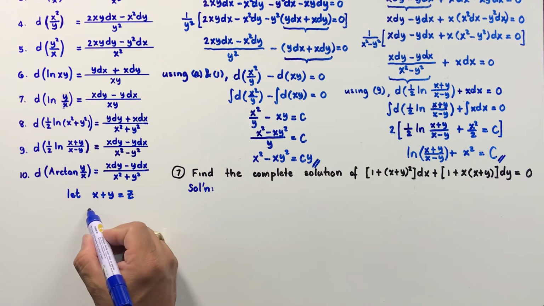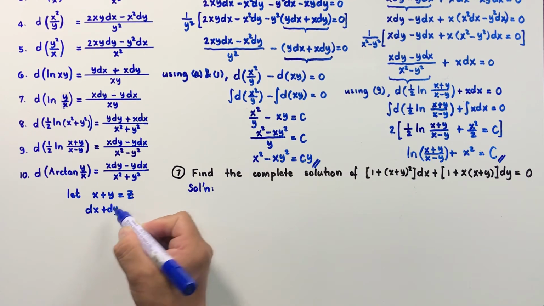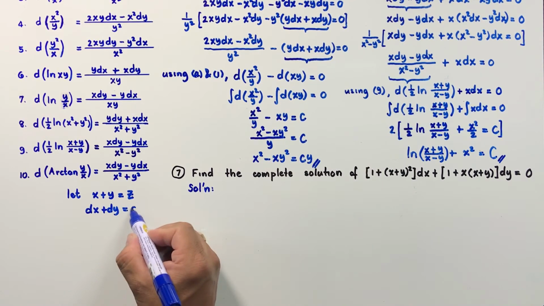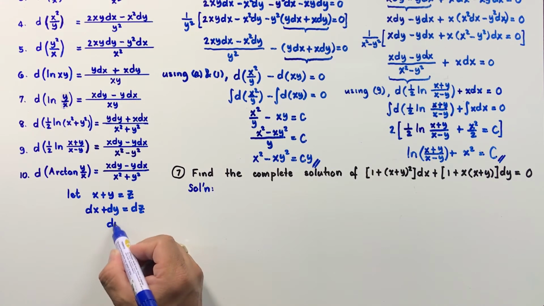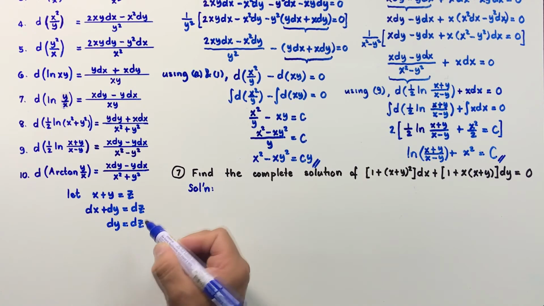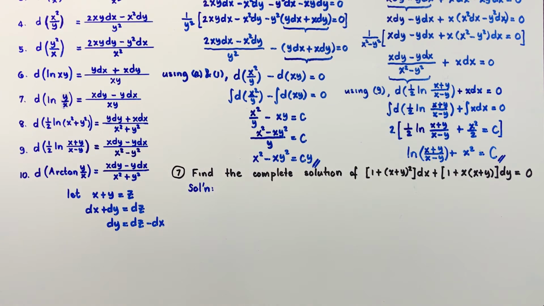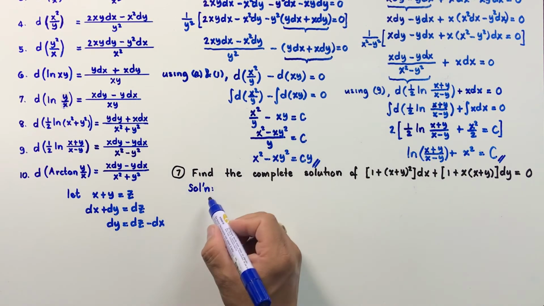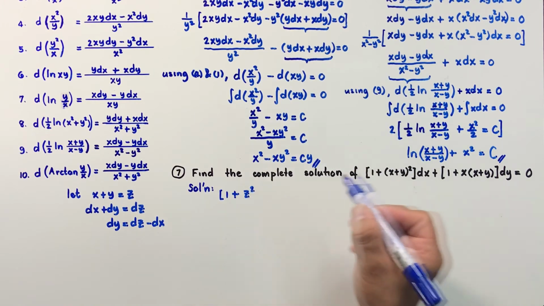So taking the derivative implicitly of each term here, we have dx plus dy is equal to dz. If you subtract both sides of the equation by dx, we have dz minus dx on the right hand side of the equation. So substituting these representations into this differential equation, we have 1 plus z squared,